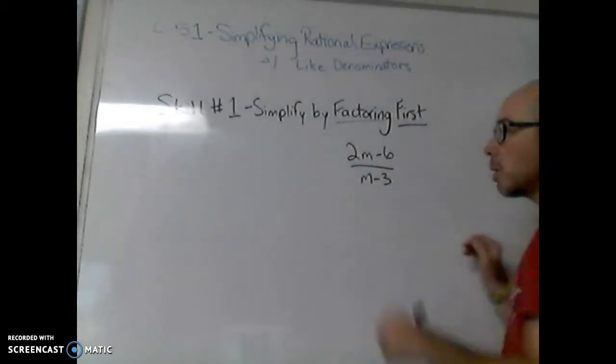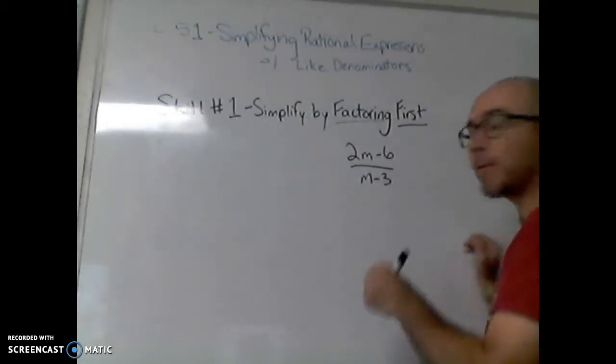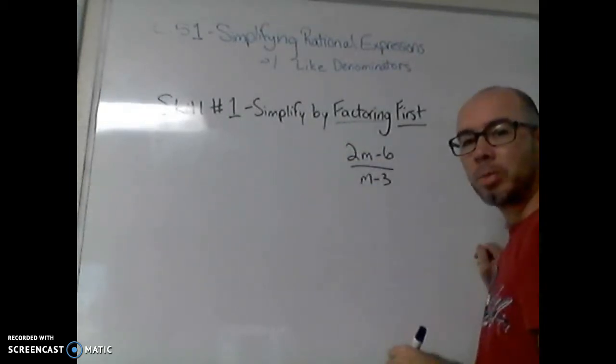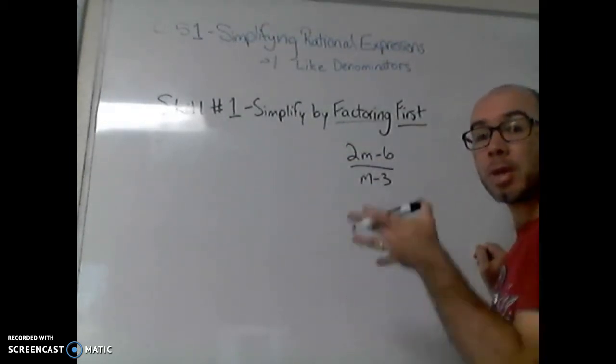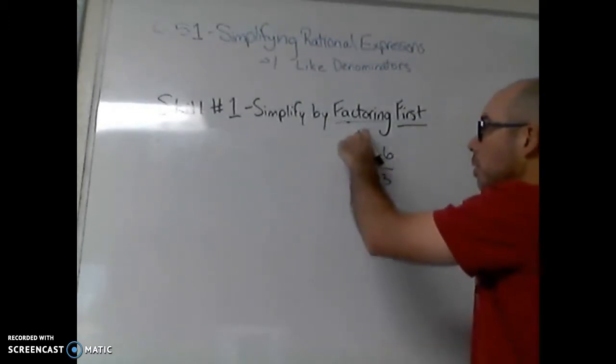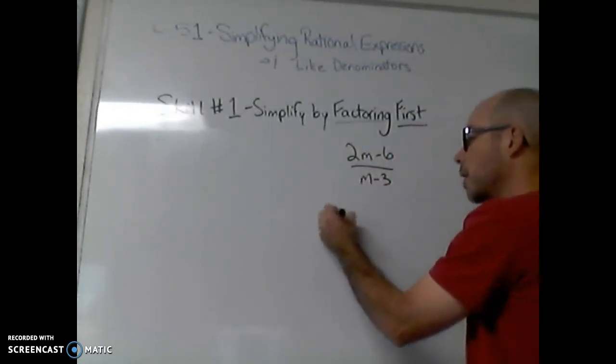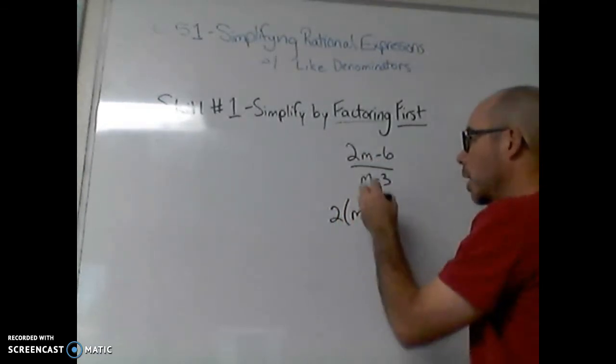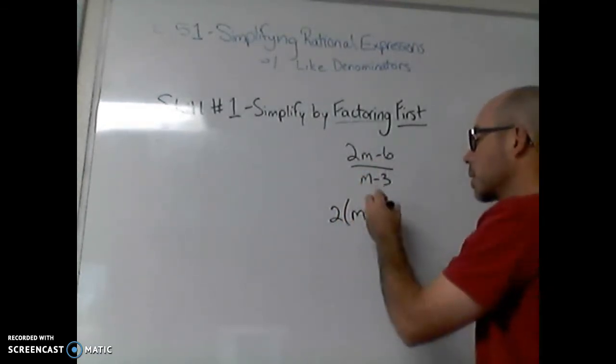Second one over here, it says we're supposed to factor first, and there's no factoring to be done in the denominator, but I can factor in the numerator because the factor 2 is in both terms, this term and that term. So if I factor a 2 out, I'm left with m from the first term, and 3 times 2 is 6,